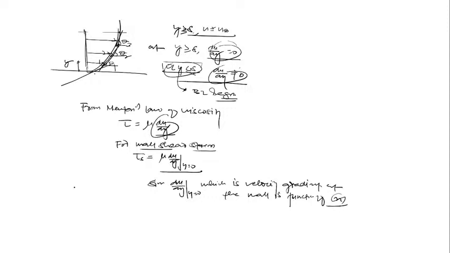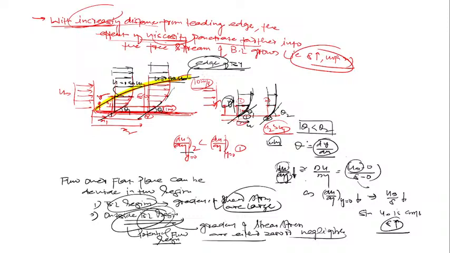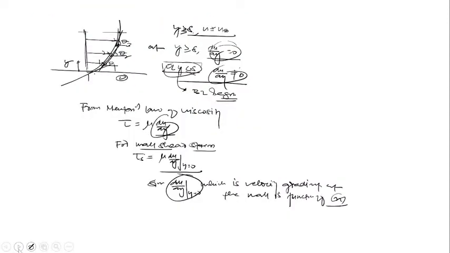Yes or no? Because as x changes from point 1 to point 2, the slope will change, then the gradient will change. Yes or no? The velocity gradient at the wall, du/dy, is a function of theta 1 and theta 2, which you can see are the slope at the wall, and theta 2 is more than theta 1. That's why the gradient of the velocity at point 1 is more than at point 2. So the gradient is going to change here.